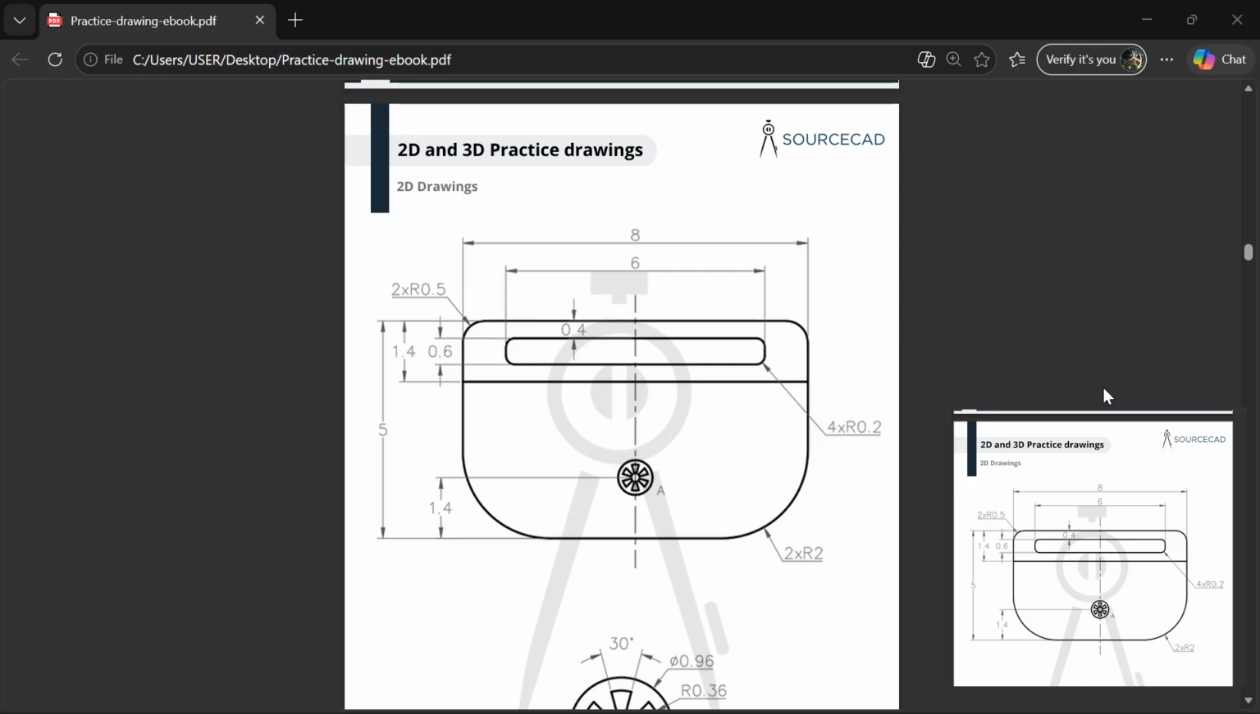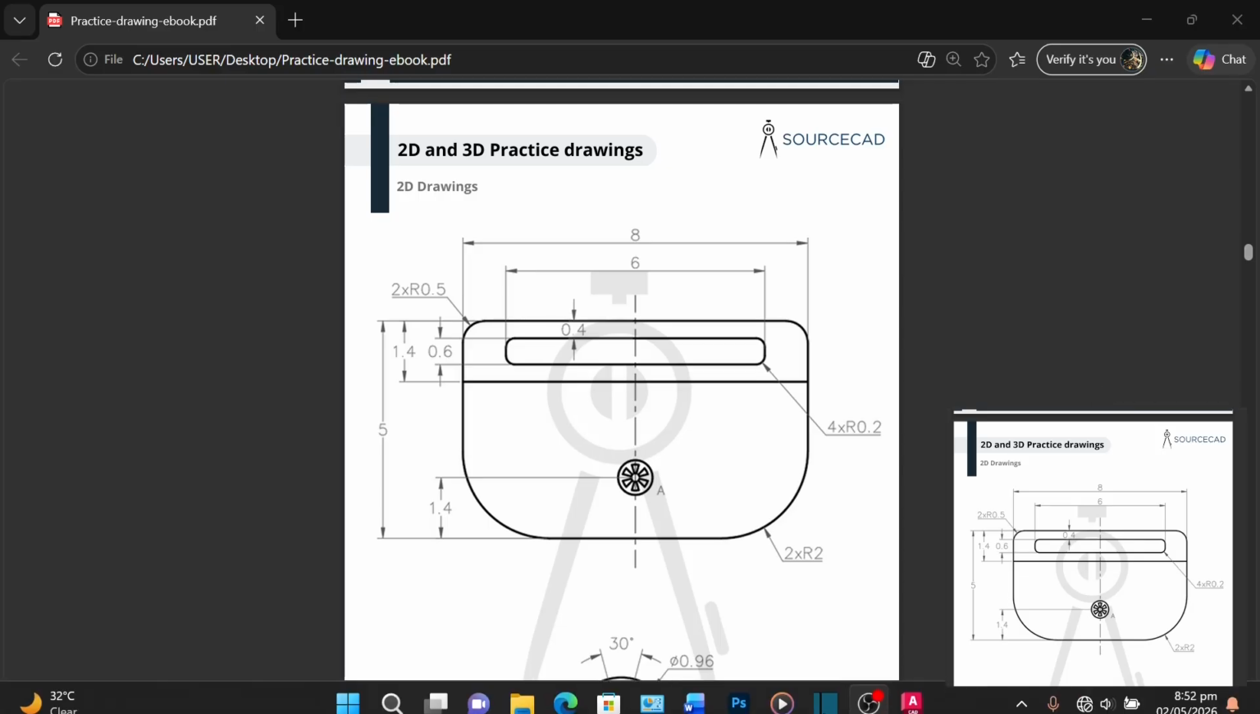In today's video, we are attempting to draw this image and I'll guide you through the step-by-step process on how to achieve it. So let's get to AutoCAD